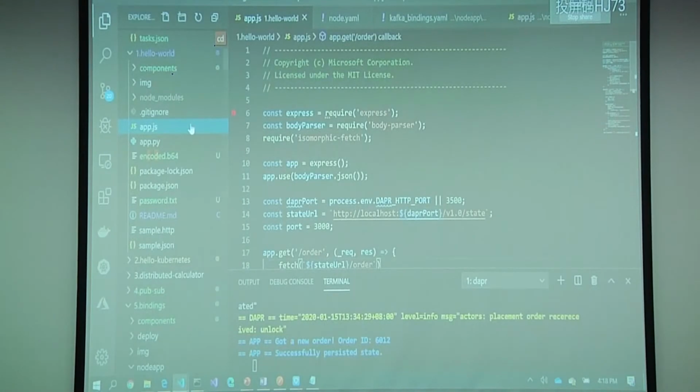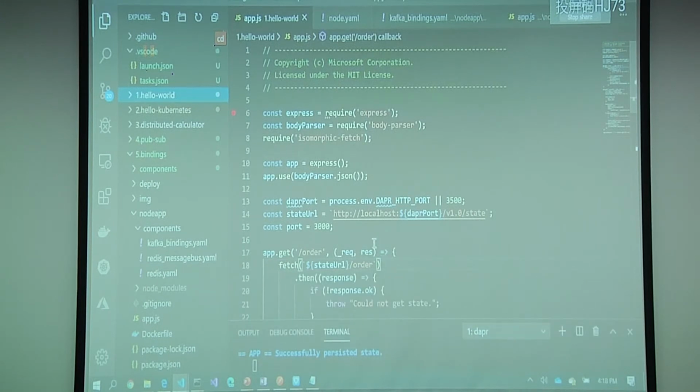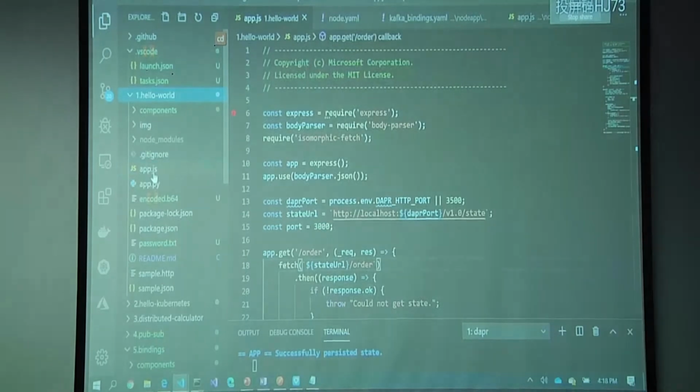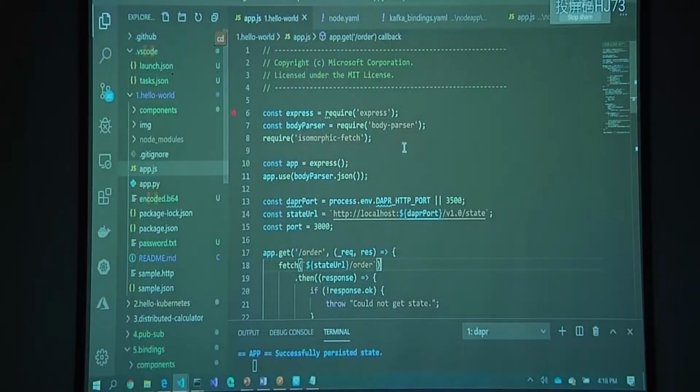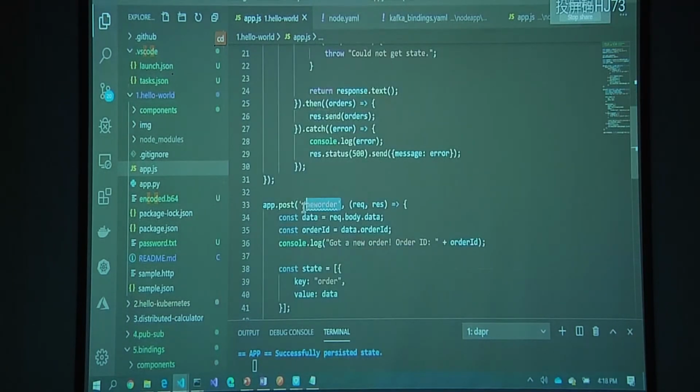These are all our samples that we have for Dapr inside here. And this is a demo application here that saves the state of a shopping cart and issues orders. So this particular Hello World application here, this is a Node application, and you'll see that this is just a simple Node application, and I've got two methods inside here, order, and new order. And my new order method is very simple. It takes a new order here, it looks at the body of the message, it takes out